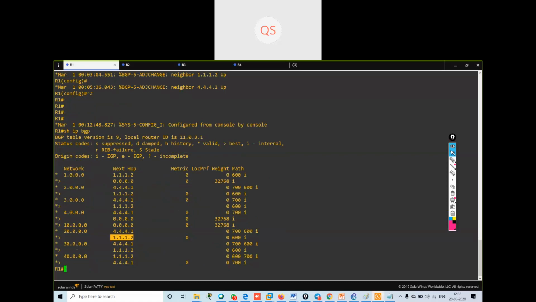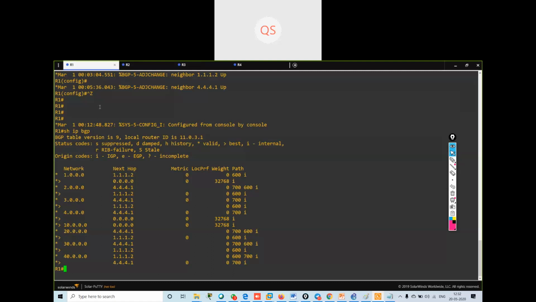To reach the 30 dot network also, it is using 1.1.1.2. Now I will configure R1 to prefer the exit path via R4, to reach all the networks.